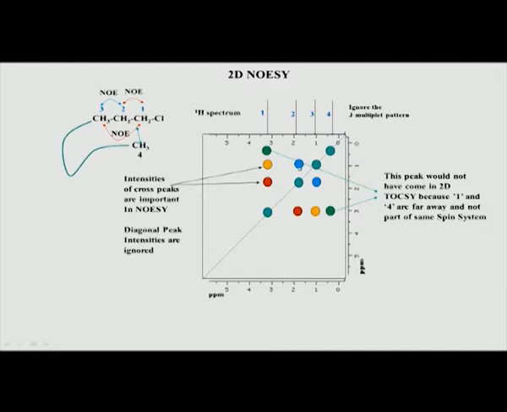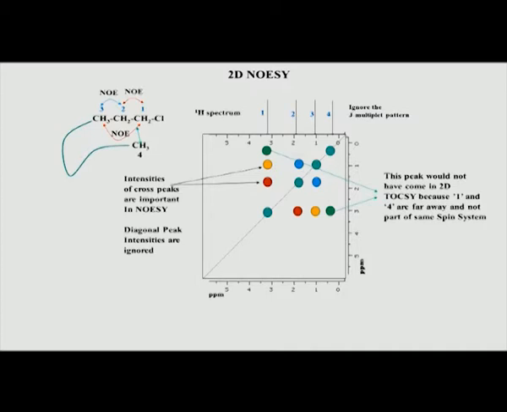In fact, diagonal peaks are a problem in life because suppose there is a peak somewhere close to the diagonal, it will be covered by this diagonal. Remember, diagonal peaks are very strong in NOESY. Down the line we will see some real spectrum, but this is just a schematic. Typically, the diagonal peak in a NOESY spectrum is very strong, about 50 to 100 times stronger compared to the cross peaks. So, that means if the intensity of this is 100, the cross peaks will be only about 1 or 2, and therefore, if some peak comes very close to the diagonal, it will obviously be hidden or covered by the diagonal peak.